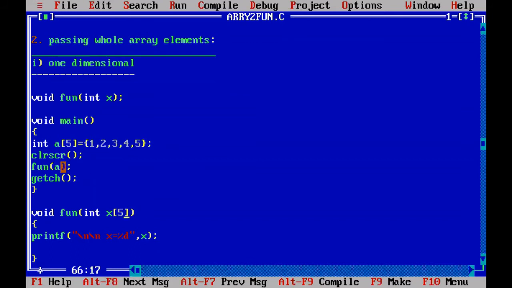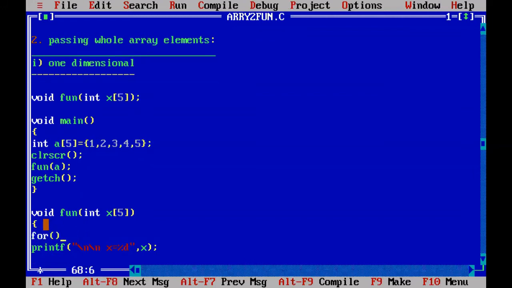Then whenever A is representing 5 elements, those 5 elements are passed to x of 5 array of integer elements. So x can hold 5 elements and we are also passing 5 elements, so it is sufficient. When you are changing the function definition, you also change the declaration part also. Now x is a group of elements. How to print all the 5 elements?